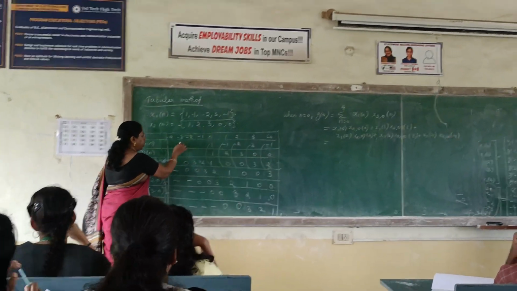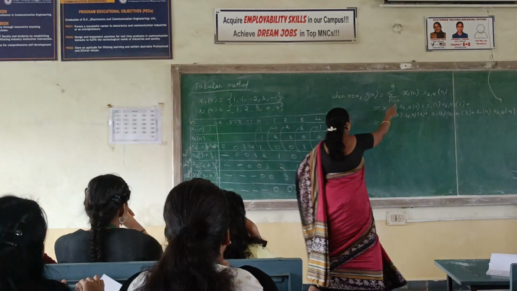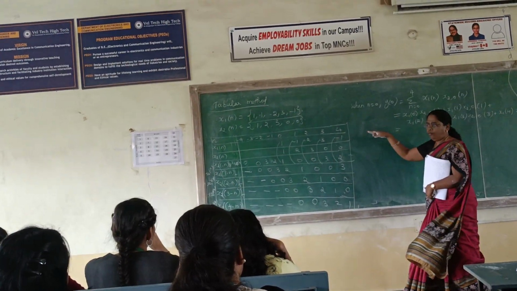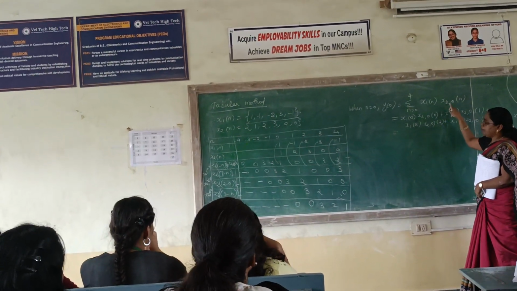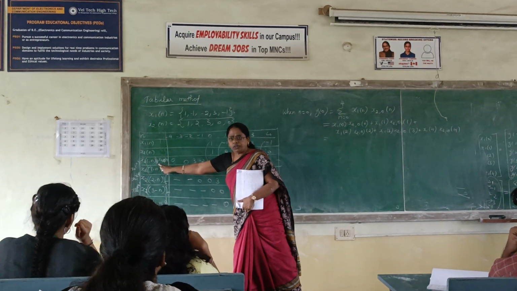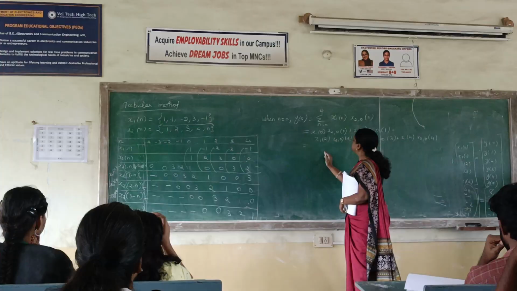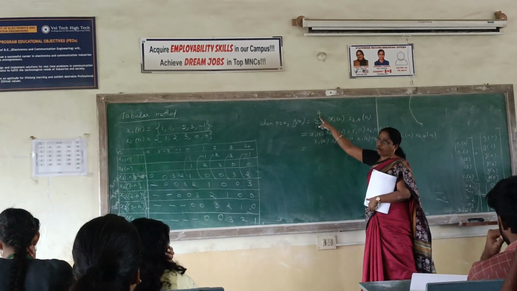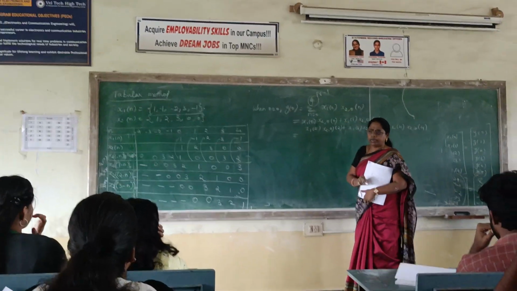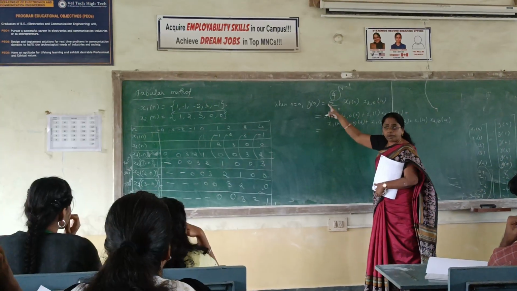Is it clear? Here there is no number, no need to multiply. So this is the formula. Which one is x1 of n? The first sequence is x1 of n. x1 of n should be multiplied with, what is this? With no shift, x2 comma 0 of n. So summation n equal to 0 to 4. Why have we written like this? This 4 is nothing but the number of samples minus 1. Total number of samples here is 5. 5 minus 1 is 4.